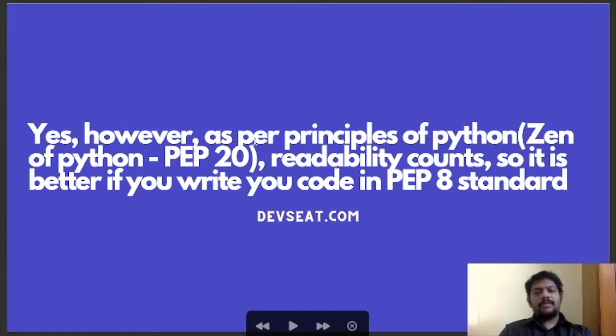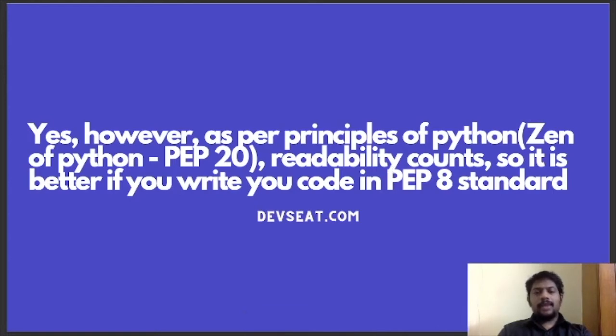However, as per the principles of Python, there is one more guide called PEP20, that is called the Zen of Python. In that there is one principle called readability counts. So it is better if you write your code in PEP8 standard, because as per the Zen of Python, readability counts.